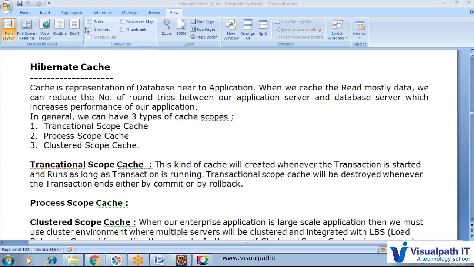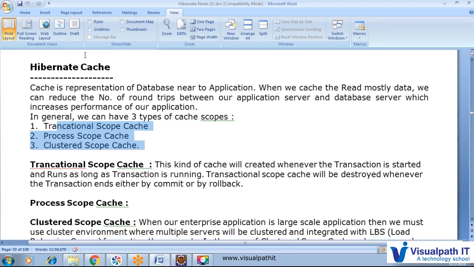and we can update our cache. So in general, when we are trying to achieve caching, there are 3 types of cache we can utilize. What are the kinds of cache? We have the transactional scope cache, the process scope cache, and the cluster scope cache.